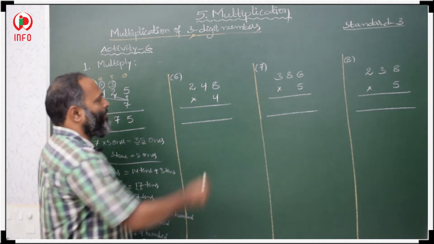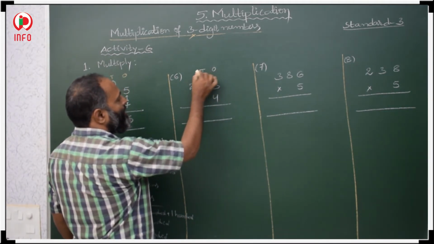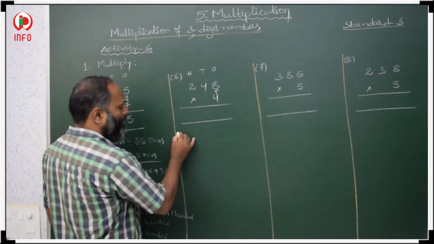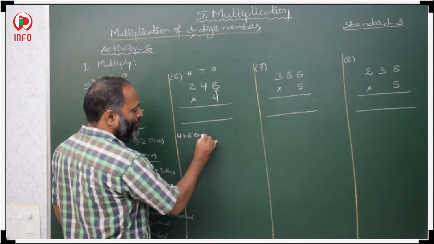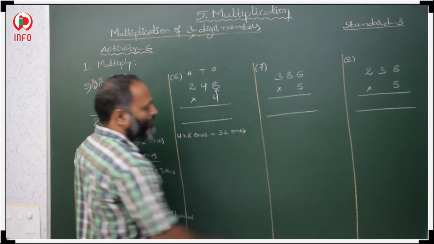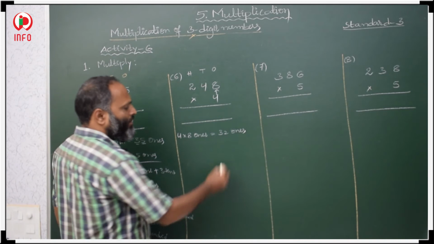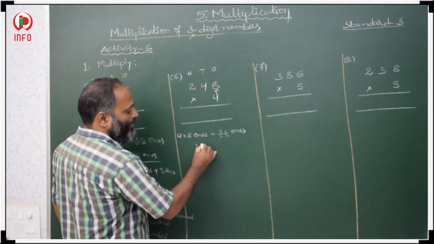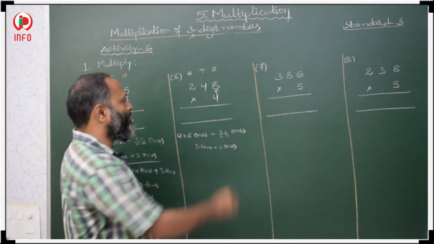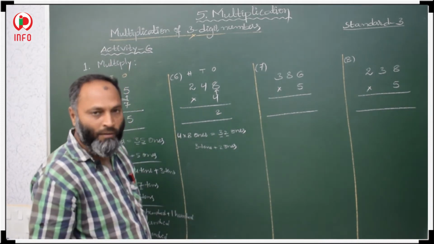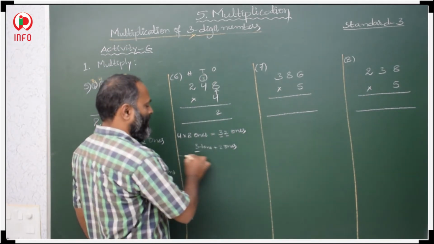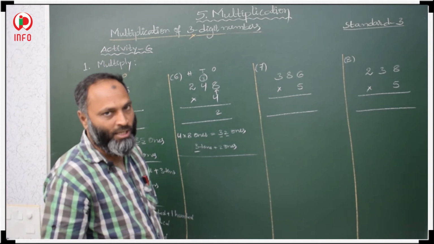Now the same, first ones place, tens place and hundreds place. First we multiply 4 with 8 ones. 4 8s are 32 ones. 32 ones means 2 ones and 3 tens. So 2 ones means 2, which we keep in the ones column, and the 3 tens we take carry over on tens place. Ones place multiplication is over.